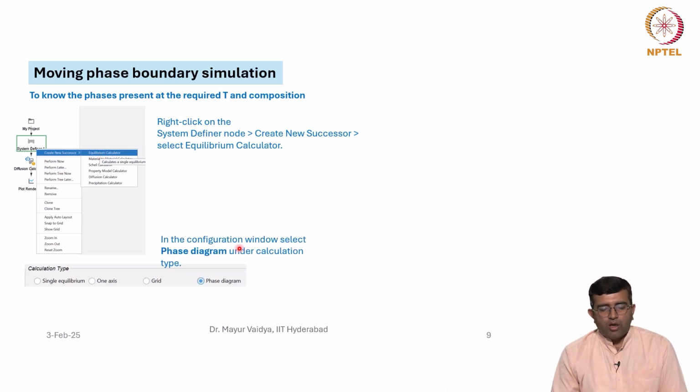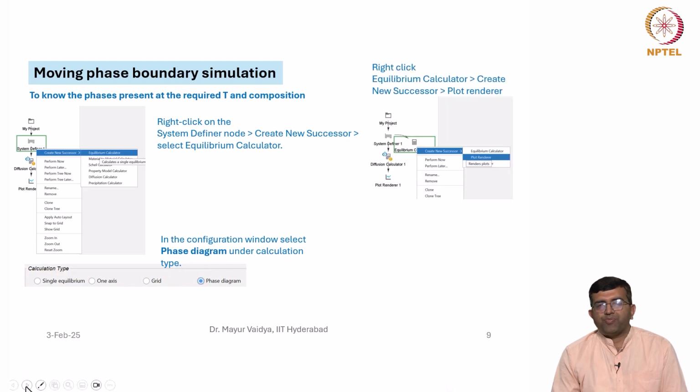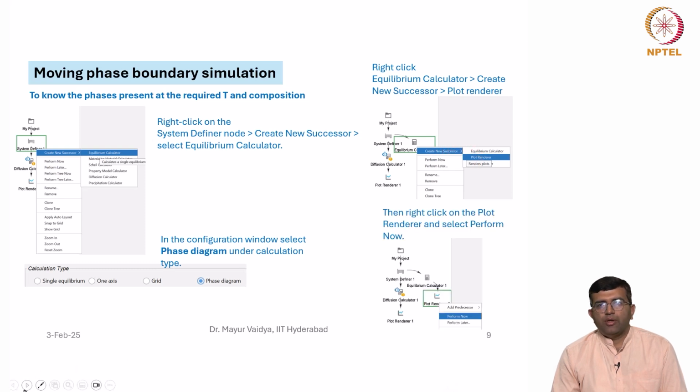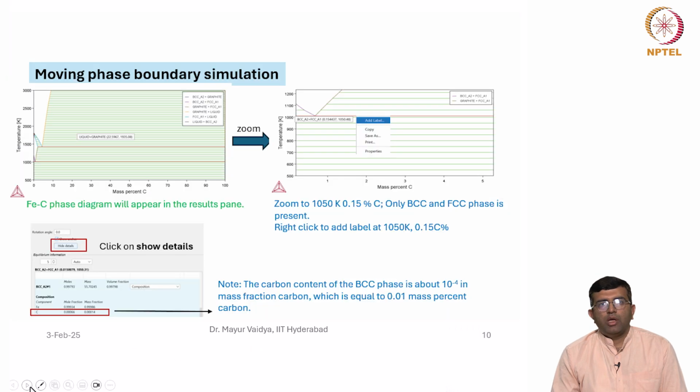equilibrium. In the configuration window, you can select the phase diagram under calculation type. Then right click on the equilibrium calculator, create a new successor and go to the plot renderer. Then click on the renderer and select perform now. This kind of phase diagram will appear in the results pane. Since our composition of interest is very close to this axis, you can zoom in a little bit, and you can clearly see it is BCC A2 plus FCC A1 at this composition,